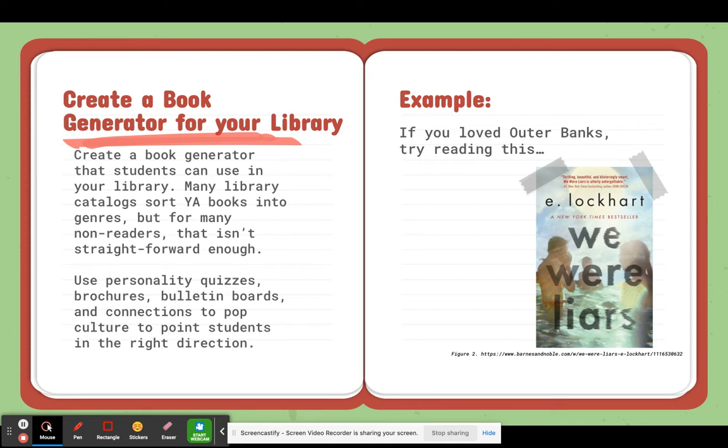And for instance, with the example, if you loved Outer Banks, try reading this. And I think this was just a great way for students to get to know themselves as people and as readers. At the beginning of the year, I didn't know my students very well, but as time went on and I got to know them and we formed those relationships and I heard what they were discussing, it got easier and easier to point them in the right direction with the quizzes, with the bulletin board,